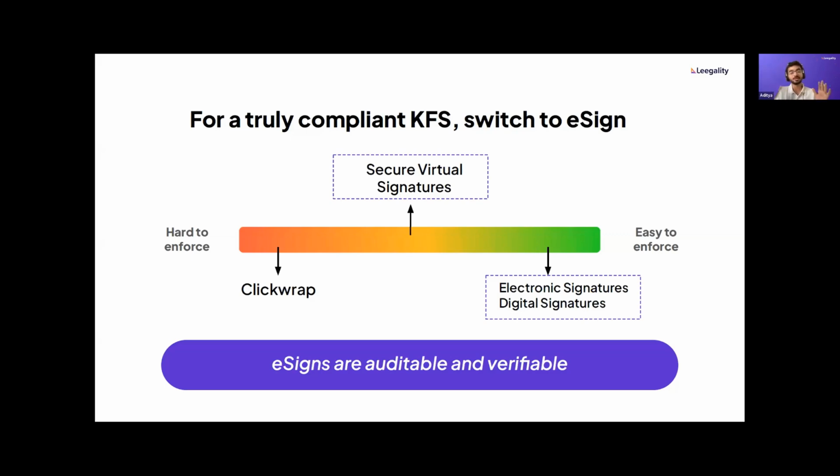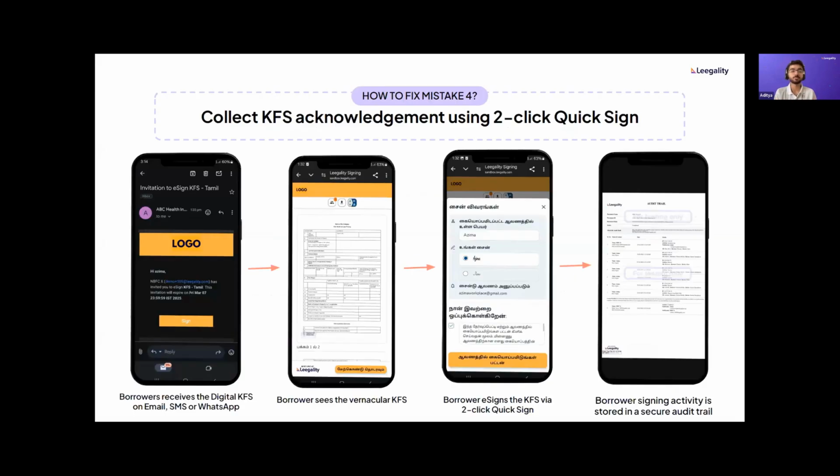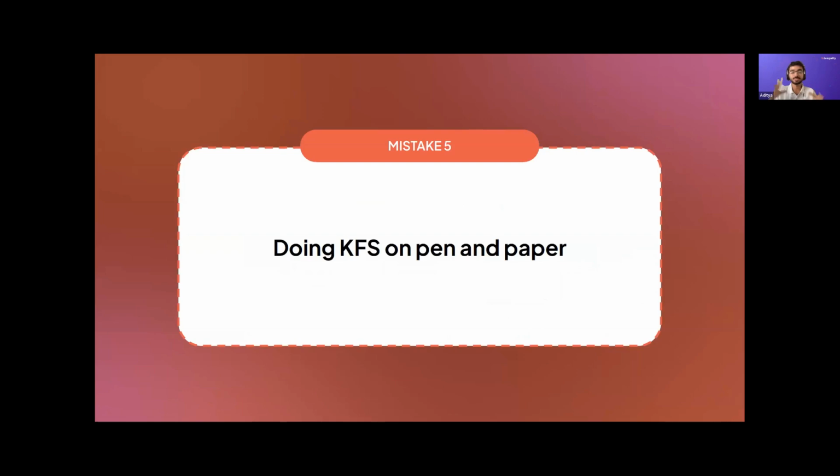But there are many other neutral interim options with much less friction than an Aadhaar e-sign, but with much more security than a clickwrap, right? One such option is implementing a two-click quick signature, right? This is where the borrower scribbles their sign or acknowledgement, like an initialization, on a signing pad or actively selects the name and things like that. And this mark then appears on the KFS document itself. All right, we'll show you how this works in a few minutes in the demo. This is an approach that you can do, right?